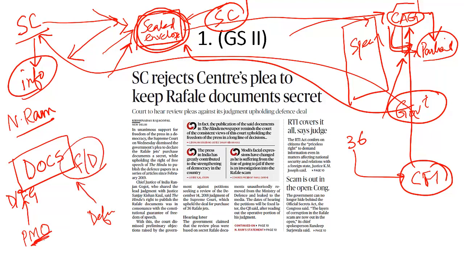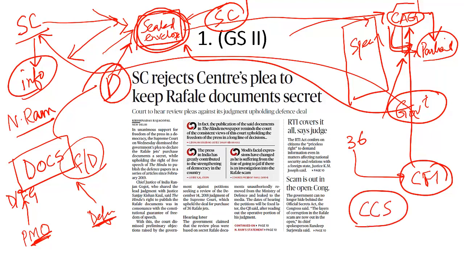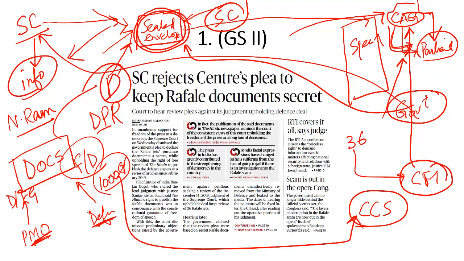So why were there parallel negotiations going on the same deal? This points to an element of corruption, number one. Number two, was the Cabinet Committee on Security consulted when Prime Minister Modi announced this Rafale deal? Because according to defense procurement norms, any defense deal worth more than 1,000 crore should be approved and okayed by the Cabinet Committee on Security.